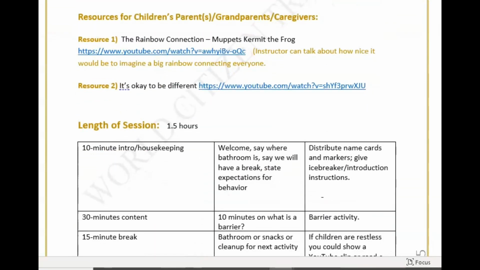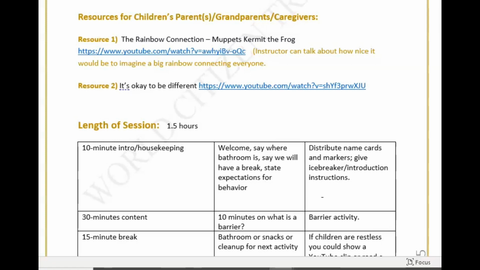Okay, one thing that I find children really love is puppets, and if you have experience with the Muppets, the puppet show, Kermit the Frog talks about the rainbow connection. And for this lesson, I think it's a lovely video to show. If you can find puppets of the frog, let children imitate and sing along. You can get a roll of paper on the floor, from one side of the room all the way to the other side of the room, and let children create a rainbow.